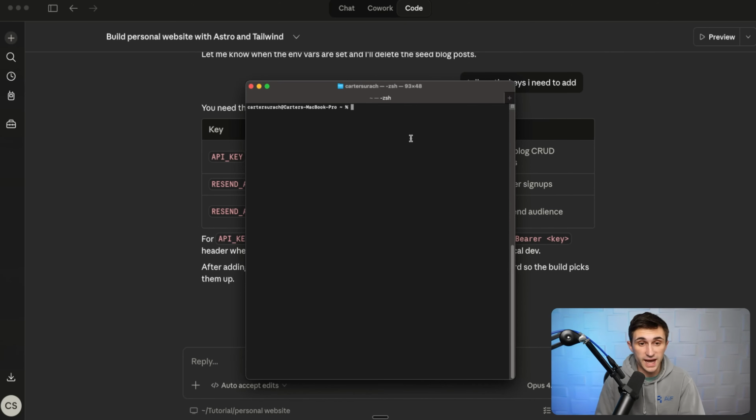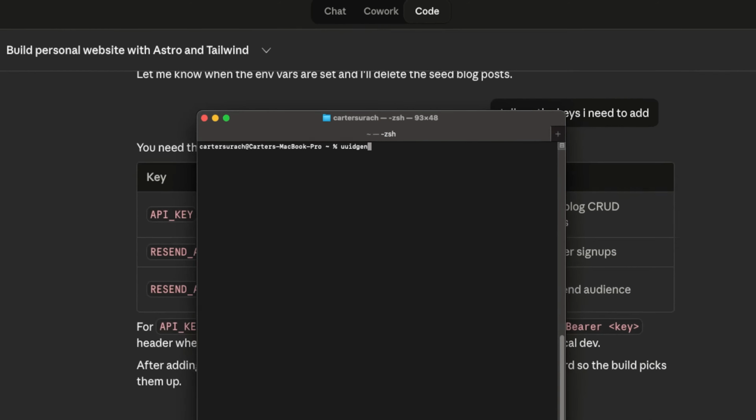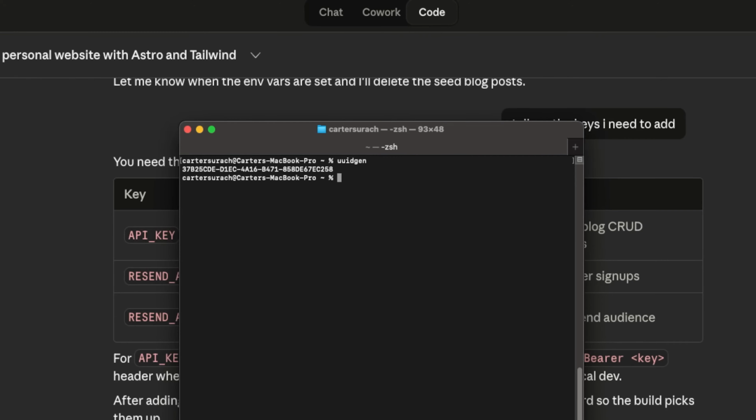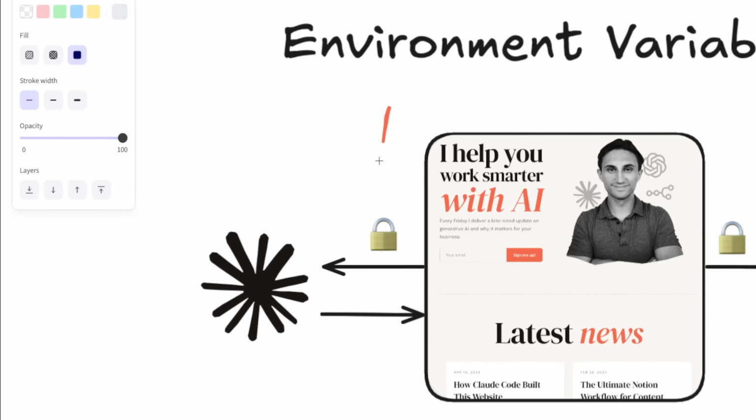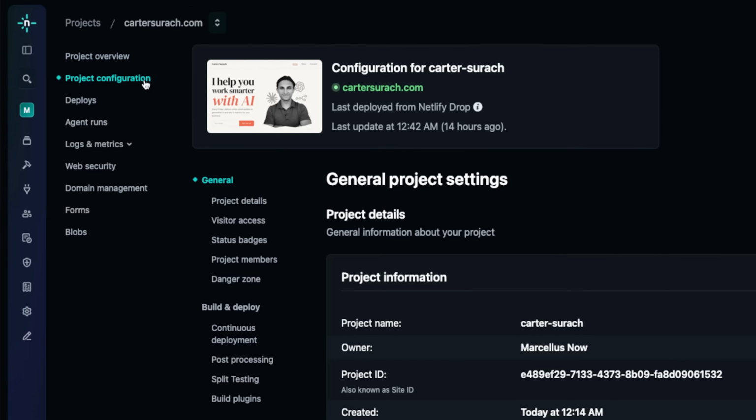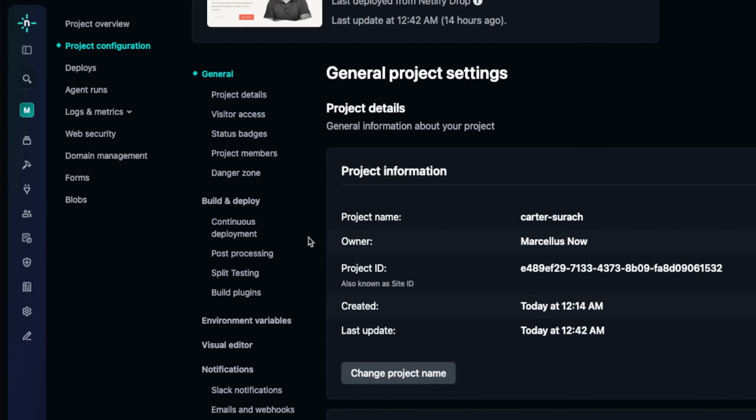To do this on a Mac, you can just open up a terminal like so, and then you can type in uuidgen, one word, and then hit enter. And that's going to generate a unique ID. Now, I'm not going to use this exact ID because this needs to stay secret, so I'm not going to be sharing the exact ID that I use in this video, but just type in uuidgen if you need an API key, and then you can copy that key. Another way to visualize this is the key that is going to give Claude access to read and write these blog posts for me. I'll go into project configuration,